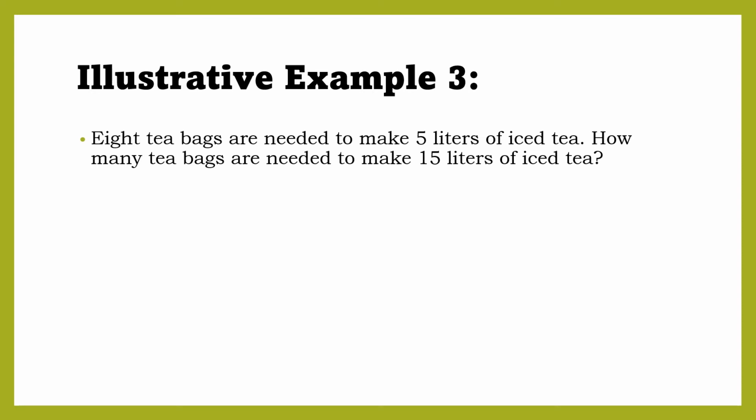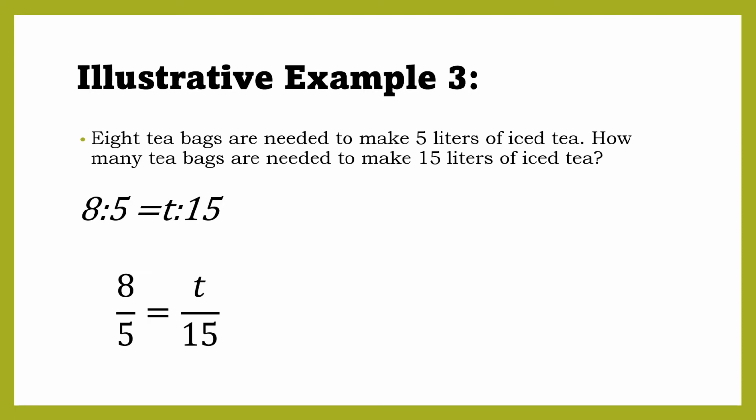Example number 3 for proportion. 8 tea bags are needed to make 5 liters of iced tea. How many tea bags are needed to make 15 liters of iced tea? So, let T represent the number of tea bags. So that will be 8:5 is equal to T is to 15, or 8 over 5 is equal to T